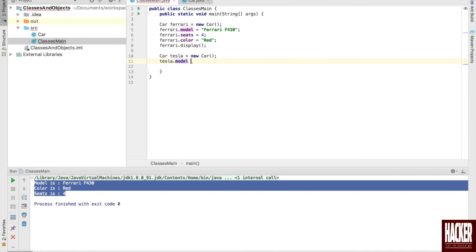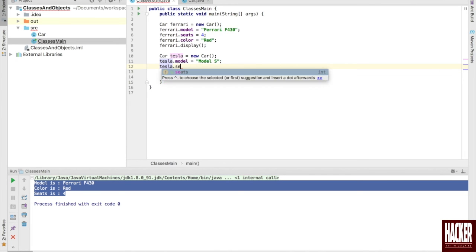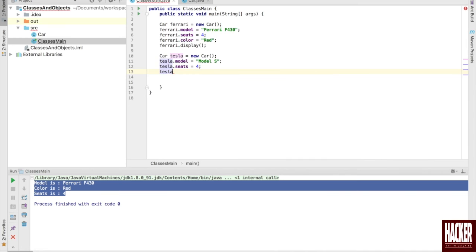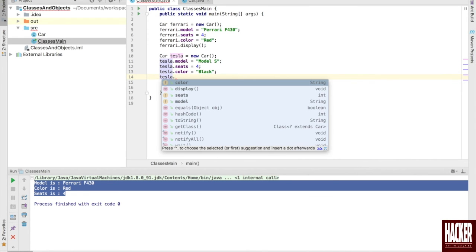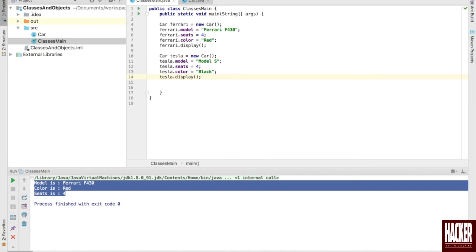Let's say I'll call the model as model S, okay. I forgot a semicolon, sorry, yeah. I'll just say that seats it has is 4, okay. Tesla dot color, so the color it has is black, okay. I'll again create and I'll again display the values, okay.